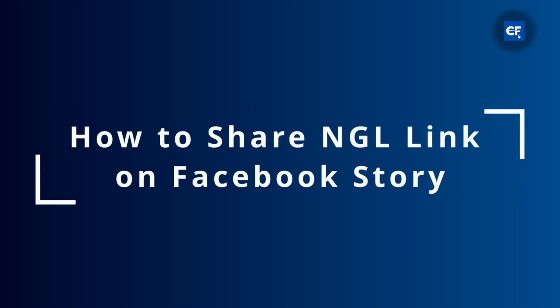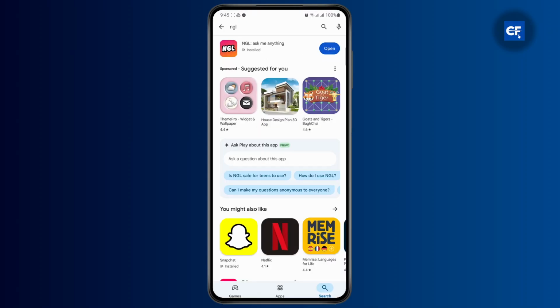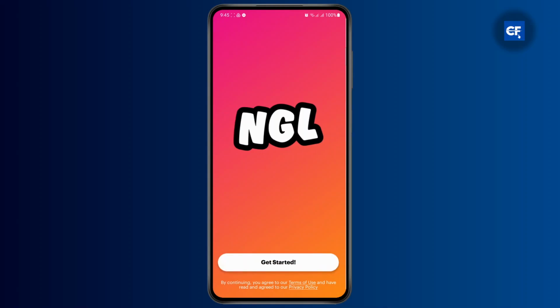How to share NGL link on Facebook story. What is up everybody? If you are trying to share NGL link on your Facebook story, this is how you do it. First thing you have to do is make sure that you have the NGL app installed on your